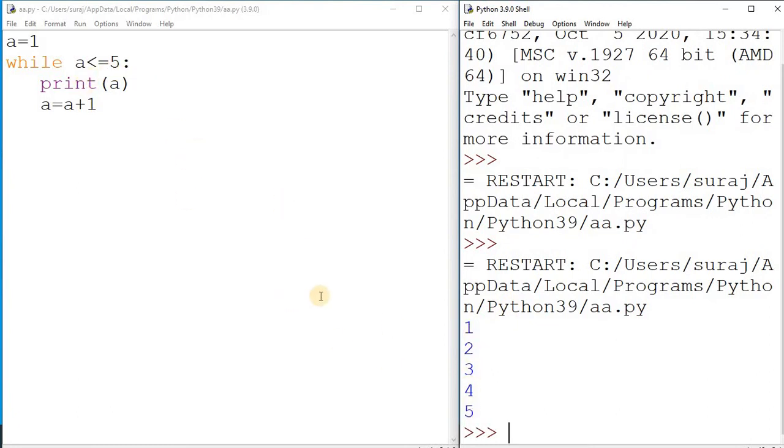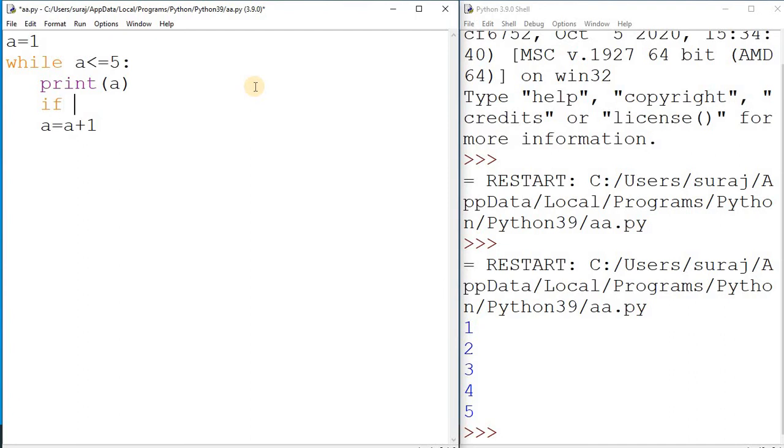But now suppose I want to put a specific case, and when that case is met, I want to stop the loop. So after the print I add an if statement, because whenever you use break, it should belong to a particular condition.